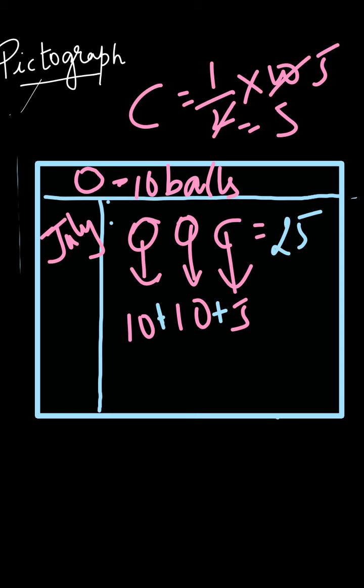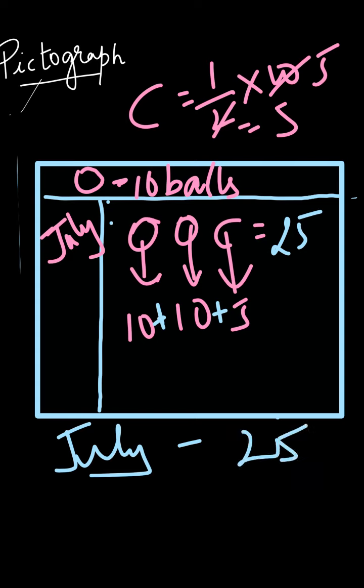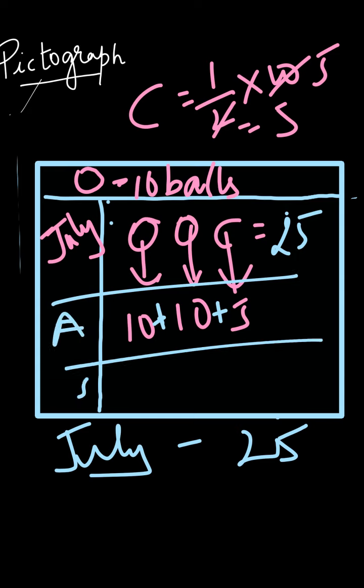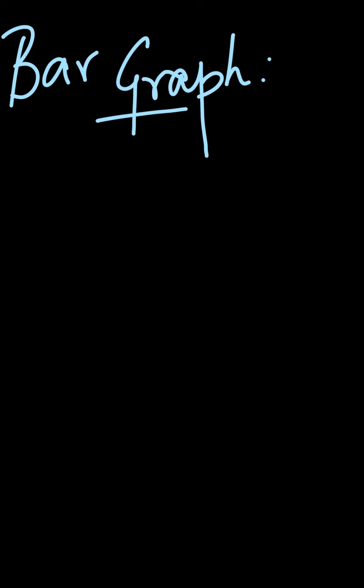Let's imagine, because really it will happen more, but we have to imagine. So this was about pictograph. If I say in July month how many balls were sold, I can say 25. If a question is asked, we have to solve. Then next month August will be there, then September will be there. Now I'm just telling you how to do it. We already discussed bar graph also. How to draw bar graph is like this, right?